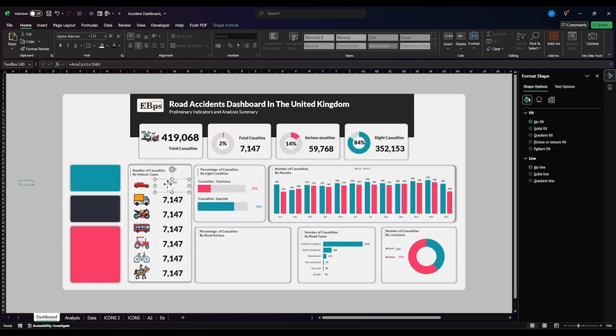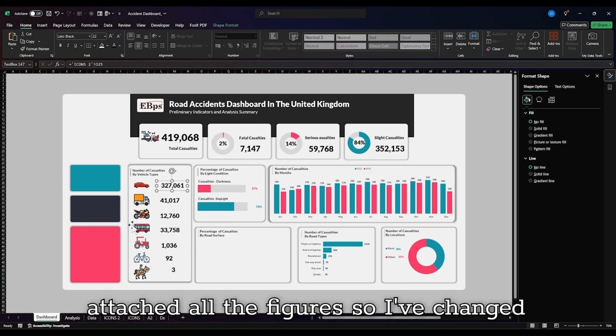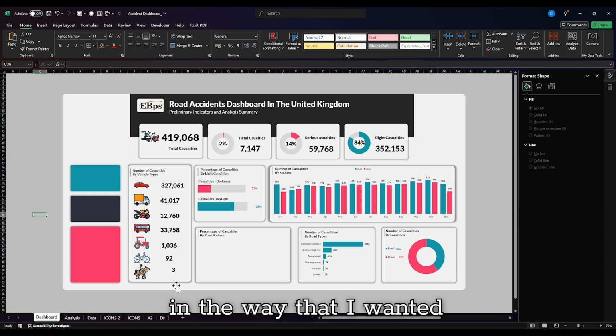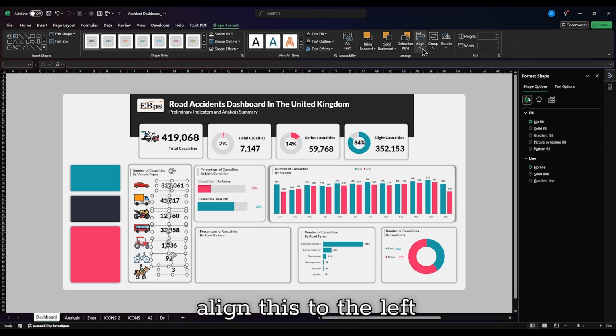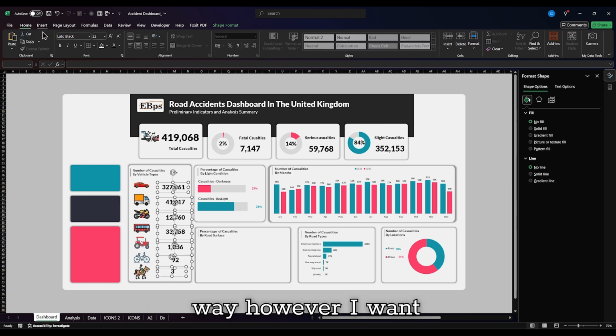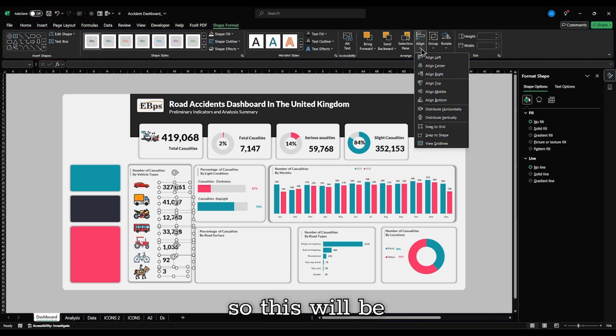That's for the car. So I change all the figures. Then after changing all the figures, I have formatted it in the way that I wanted. Again, I'm going to align this to the left. Then I'm going to move it this way. However, I want this aligned this way. So this will be,